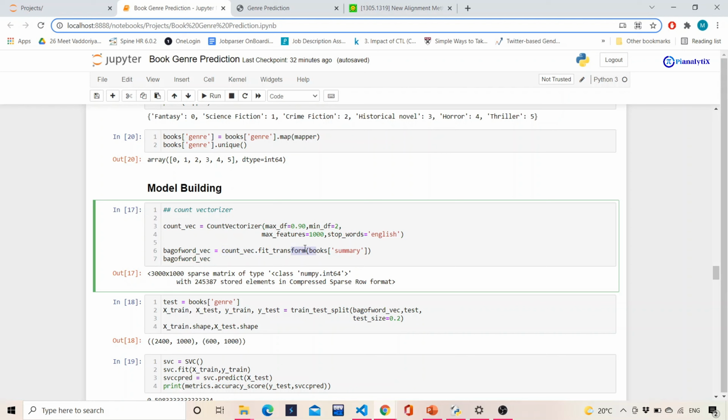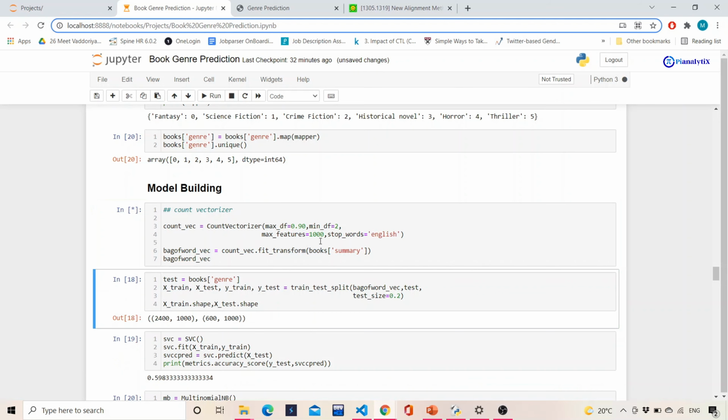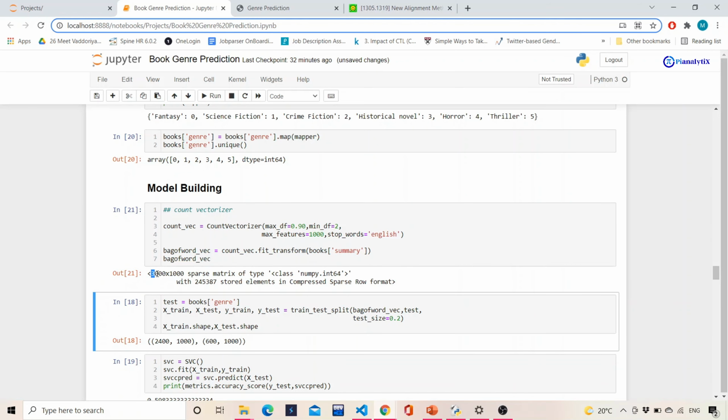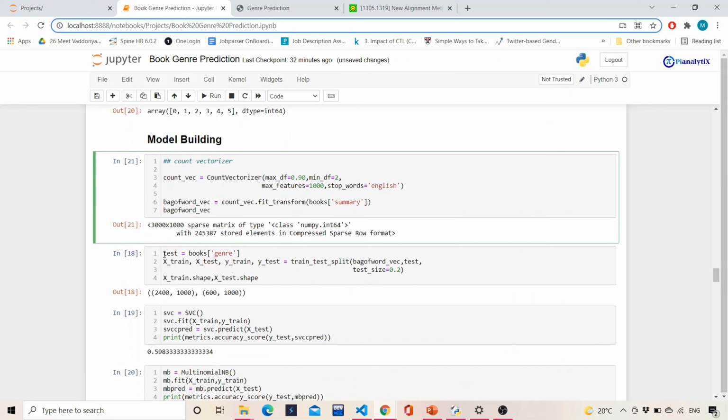And bag of words vectorizer equals count_vec.fit_transform of books of summary. If I execute this, it will return a sparse matrix of 3000 by 1000 dimension. As I said in the starting, the summary will be our independent variable, used for training and testing, and the genre will be our dependent variable.